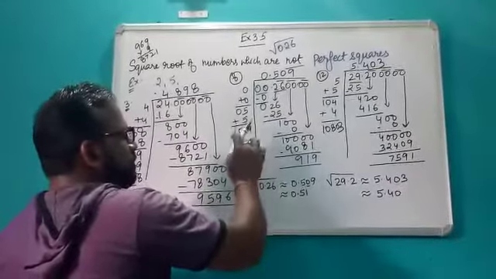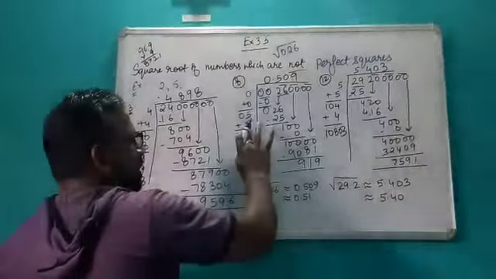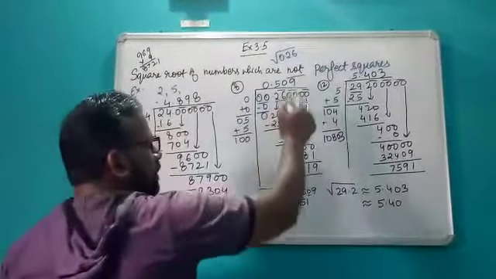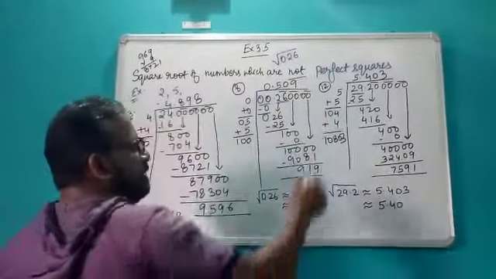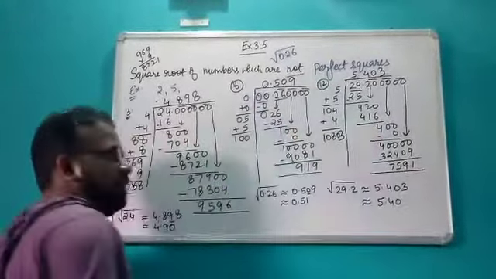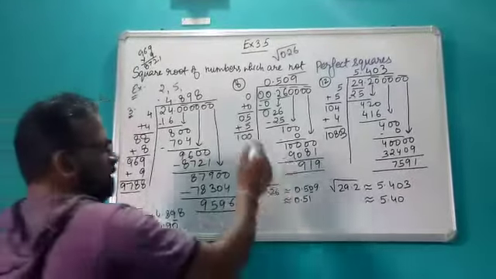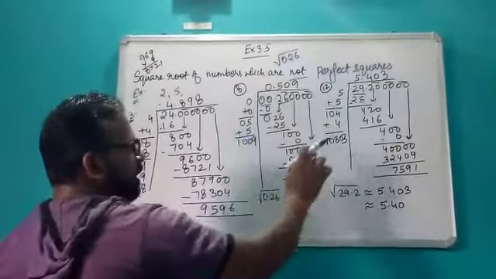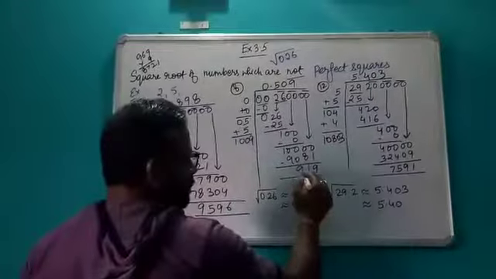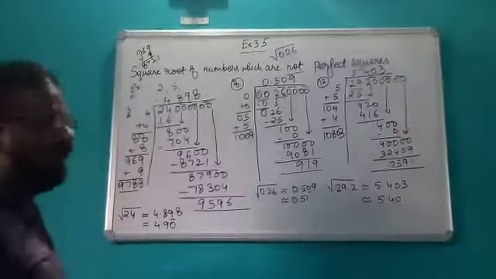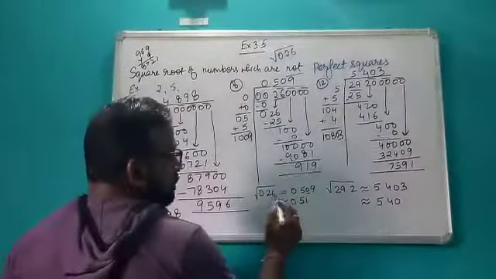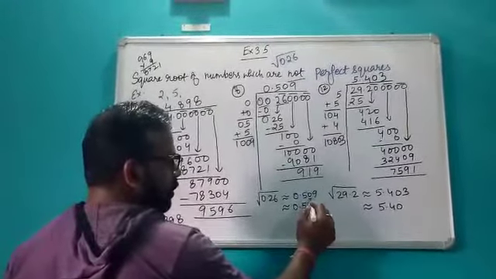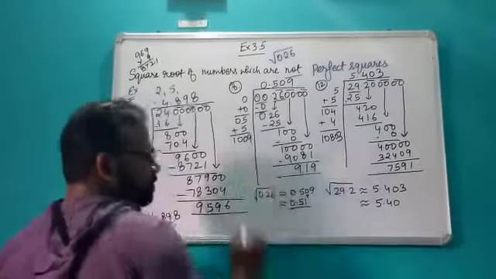So what is 5 plus 5? 5 plus 5 will be 10. So what we will do, we will put a 0 here. Then 1 0 will come here, so 100 minus 0 is 100. Then again we will bring last pair, that is 0. So now it is 10,000. Now we will write 9. So when you multiply 9 into 1009, you will get 9081. Again you subtract, you will get answer as 919. So square root of 0.26 will be approximately 0.509, and this you will round it off, so it becomes 0.51.